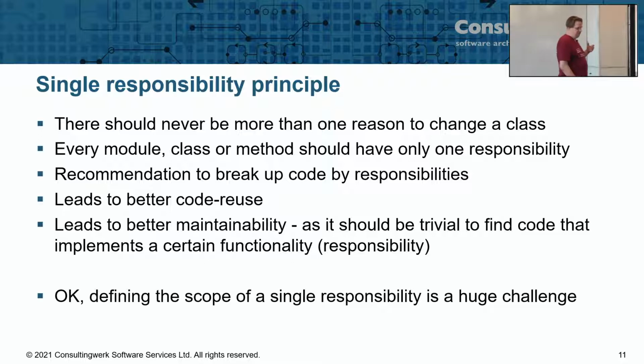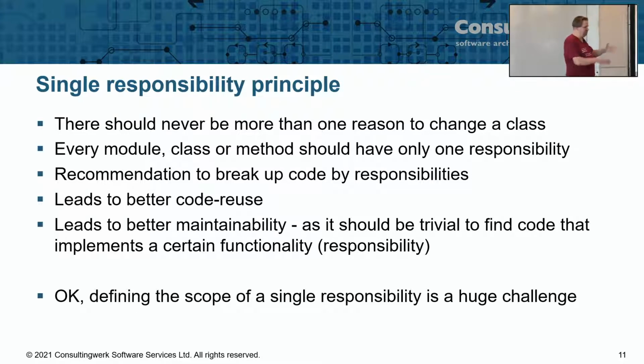If a class does too much, then you just increase the number of cases when you need to change it, and every change is a risk. With every change, you increase the risk of breaking code that was previously working. So single responsibility also makes it easier to reuse stuff,